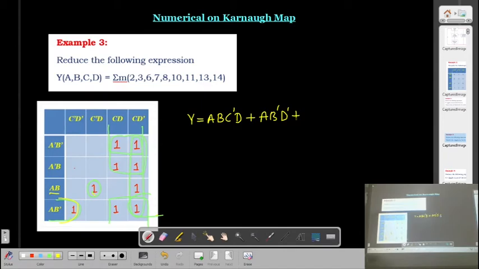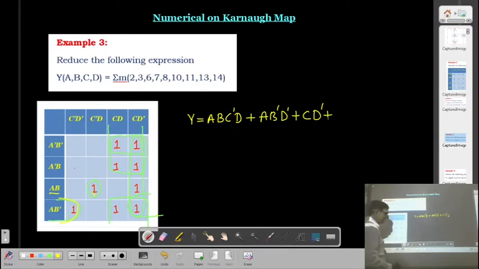So we have marked, meaning we write the expression for the single and for the pair. Now we will write the expression for a quad. One of the quads is in a vertical direction. Whatever the quad is in this direction, if I write an expression for it, then it will be C D'. Correct? Because when you are moving from here to here, both variables A and B are changing, but C D' is not changing.